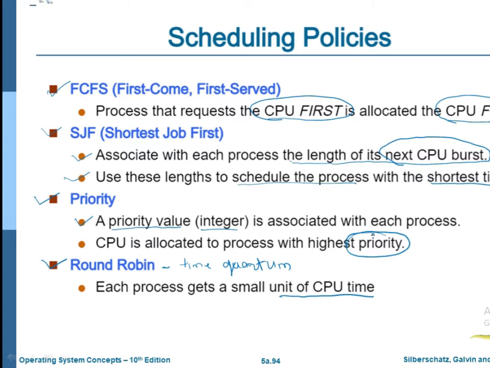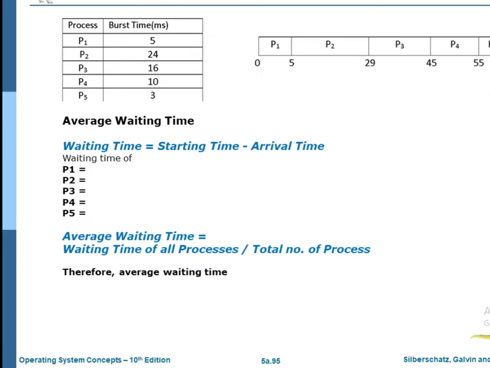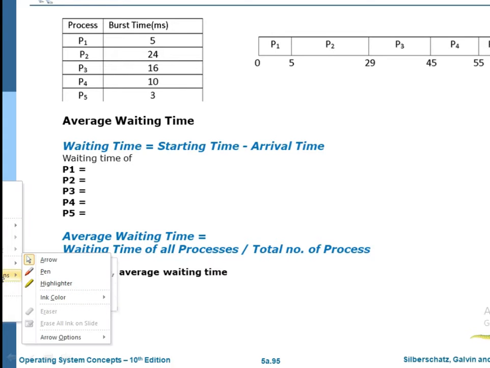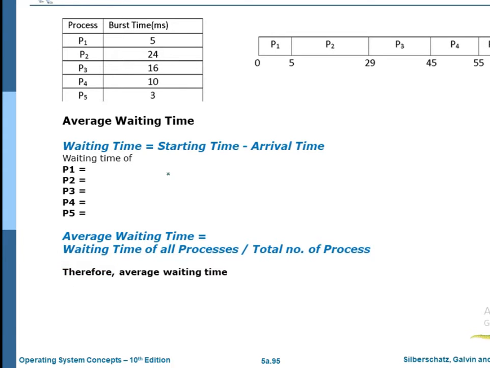Today we will see the problem on the first come first serve scheduling algorithm. Here I have this problem. In this scenario you can see that we have 5 processes and we assume that all arrived in the system at time 0, and these are their respective burst times. Burst time means the CPU time required by the processes. These are our processes and their required time.